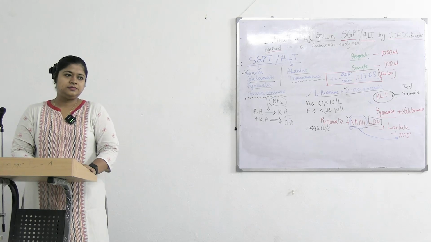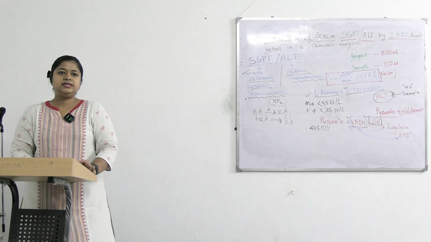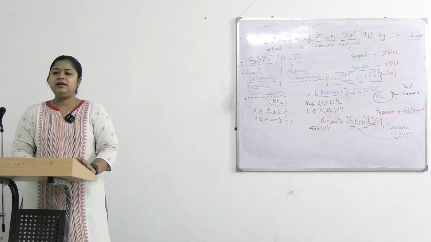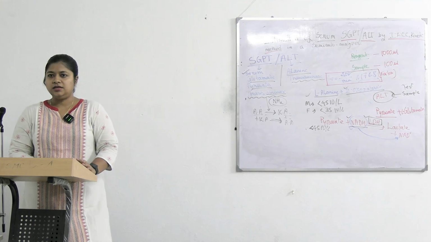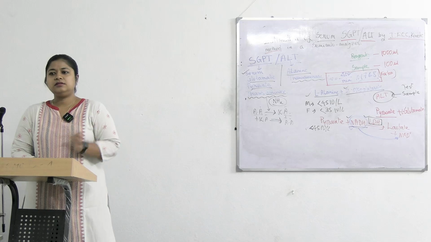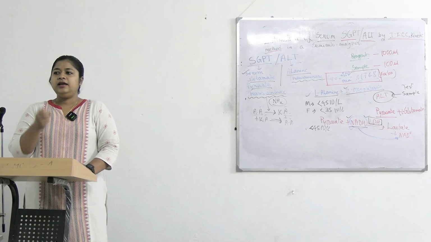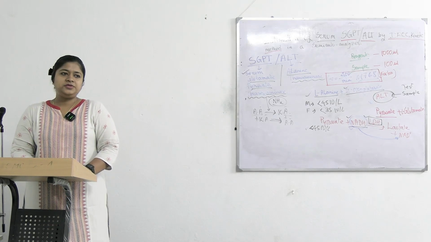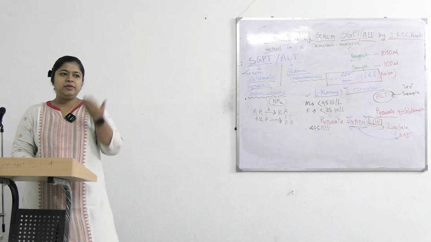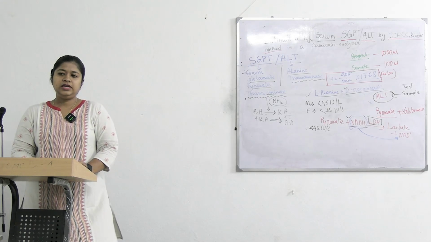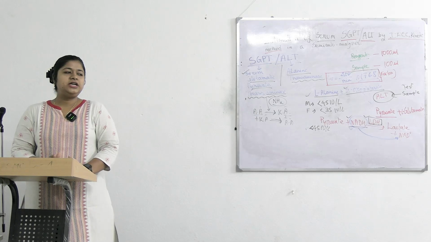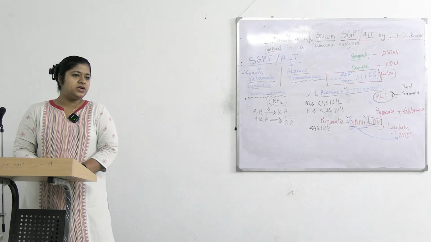Obstructive jaundice. Obstructive jaundice is not primarily related to the liver. It is the obstruction of the biliary duct. The liver is normal, but because of the obstruction, there will be backflow of the enzymes. But how to differentiate between hepatic jaundice and obstructive jaundice?